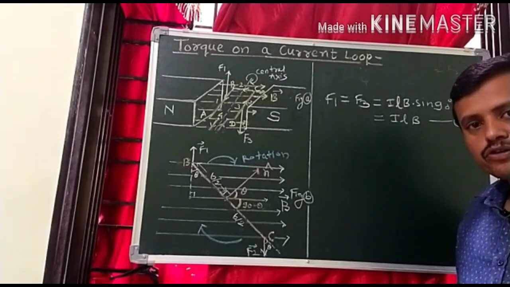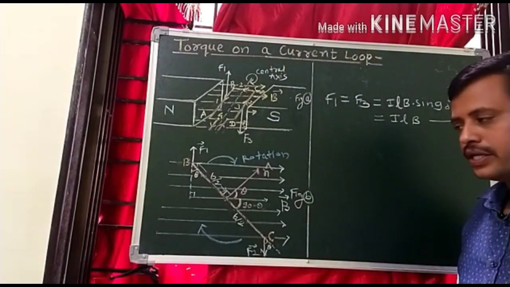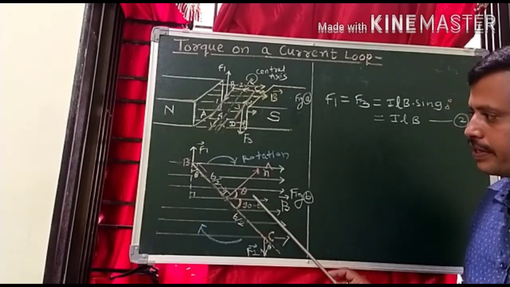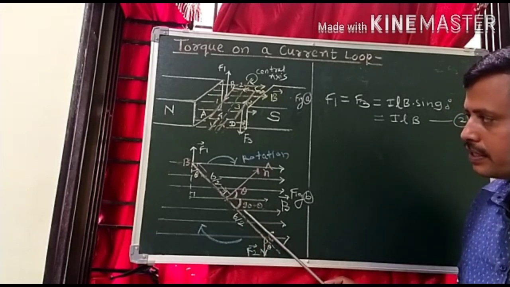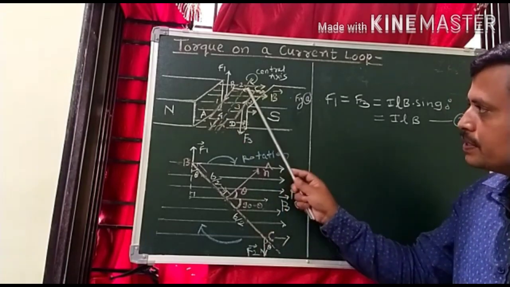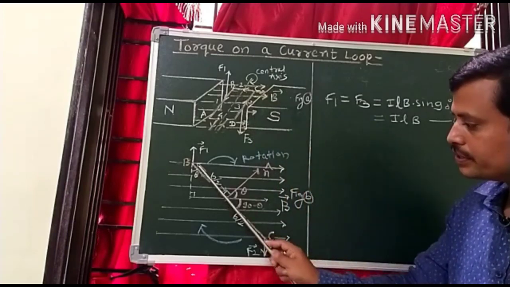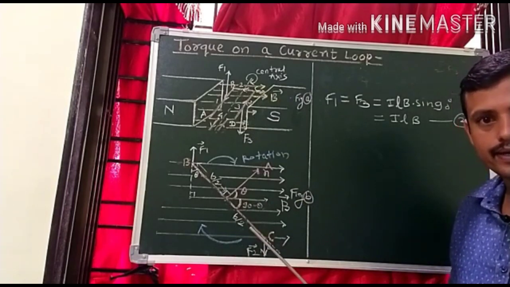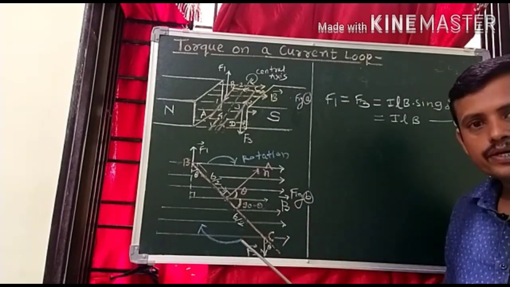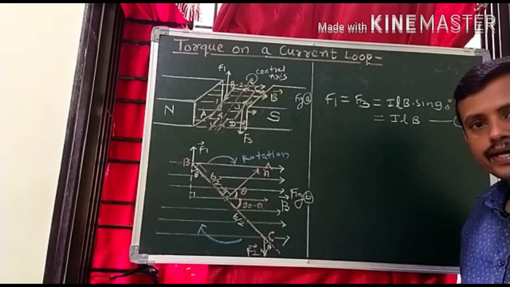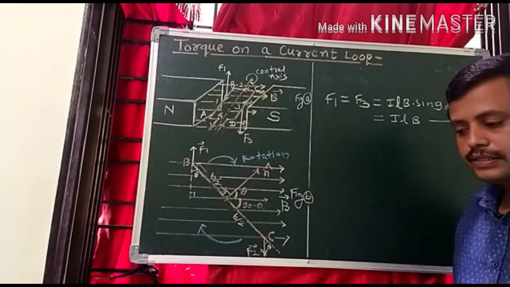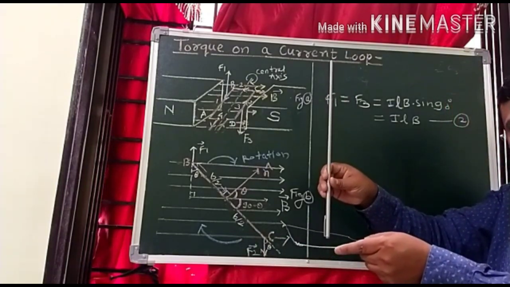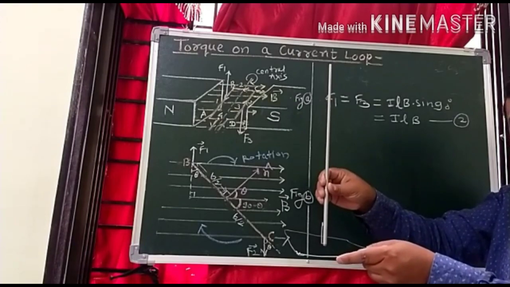Now we will find out the torque acting on the coil in the rotated position as shown in figure B. In figure B, we are observing the cross section of the coil ABCD from the side BC, and therefore this is the side BC whose length is equal to small b, that is the breadth of the rectangle. Now for this purpose we define the area vector n cap. Consider this is the plane of the rectangular coil and this is the perpendicular to the plane of the rectangular coil, that is the area vector n cap.